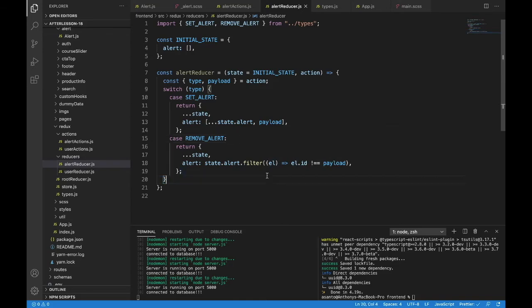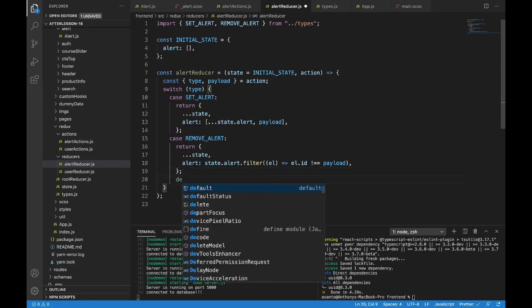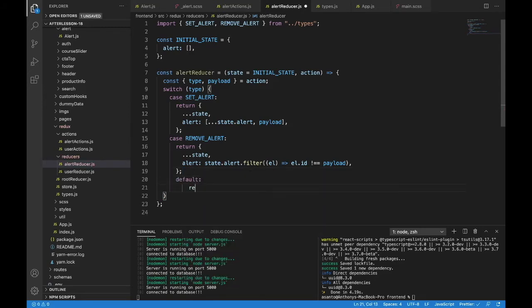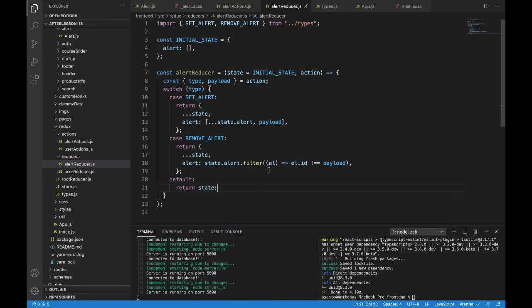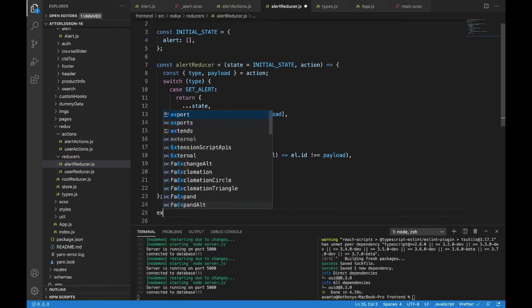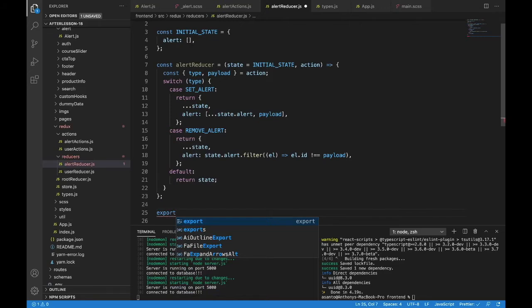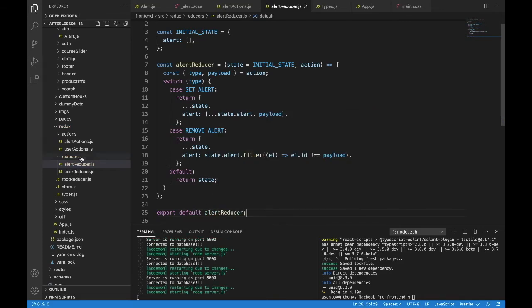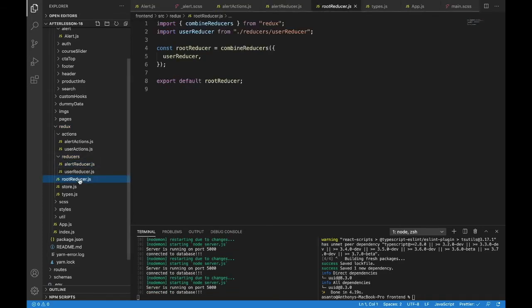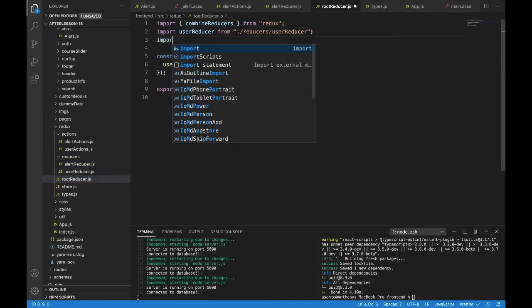And then finally, we need a default case. So after this, we will default and then just return state. Let's export this and get it into our combined reducer. So export default alert reducer and bring it into our root reducer,